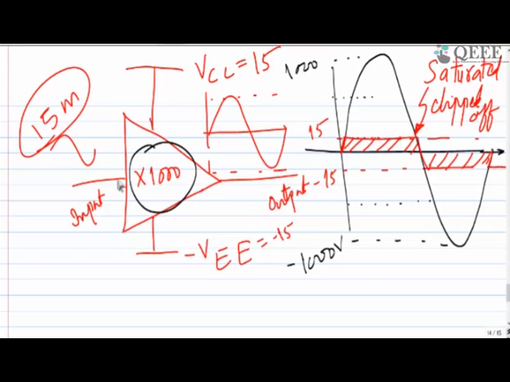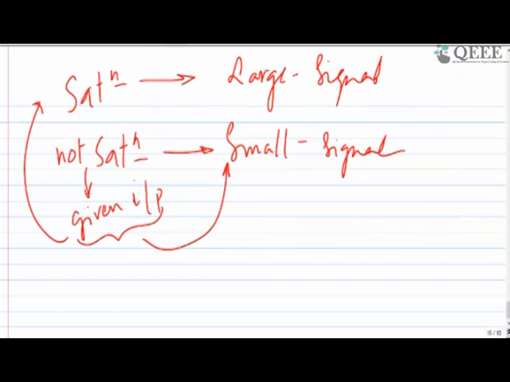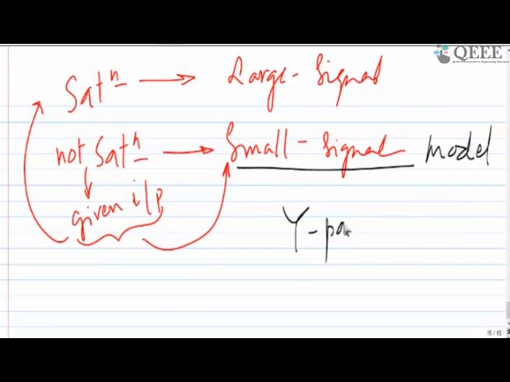So whatever model we have been making till now, whatever model we are making using the Y parameter, we are going to call that model a small signal model, because this model is only applicable to small signals.